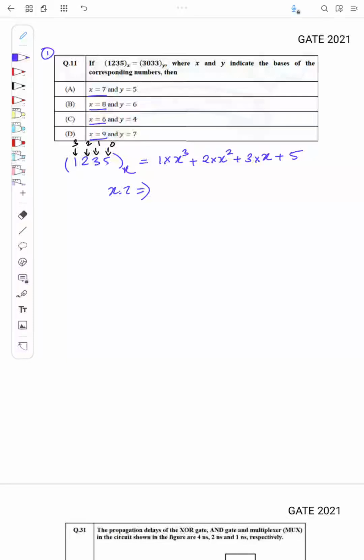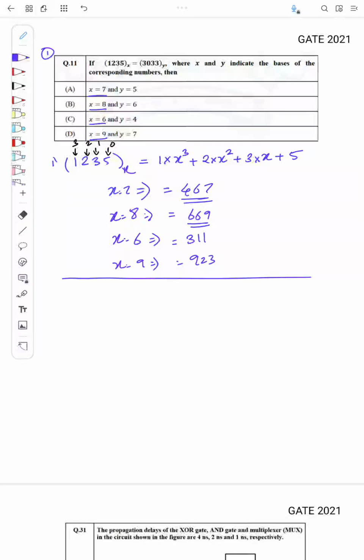If I substitute x equal to 7, the value will be equal to 467, and if x is equal to 8, the value will be equal to 669, and if x is equal to 6 as per option C, then the value will be equal to 311, and when x is equal to 9, the value will be equal to 923, right? So this is for the first given